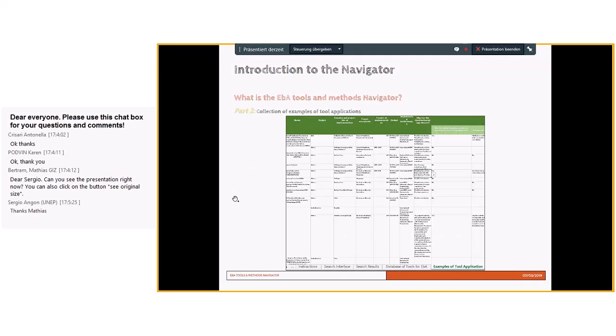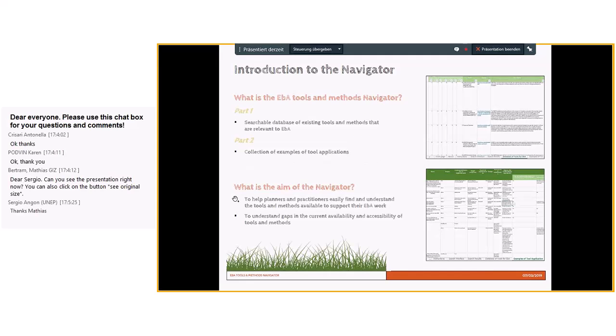And the aim of the Navigator is mainly to help planners and practitioners easily find and understand the tools and methods available to support their EBA-related work, and also to understand gaps in the current availability and accessibility of tools and methods.